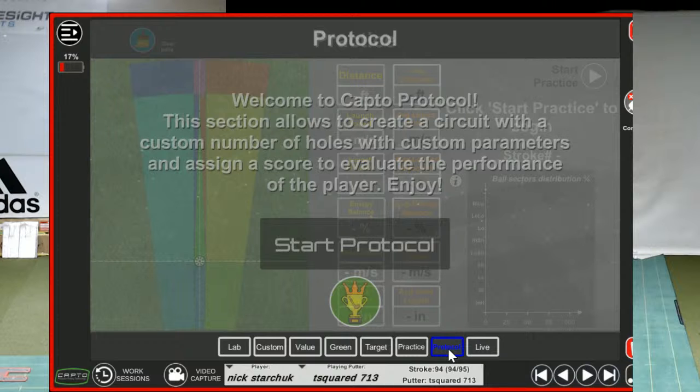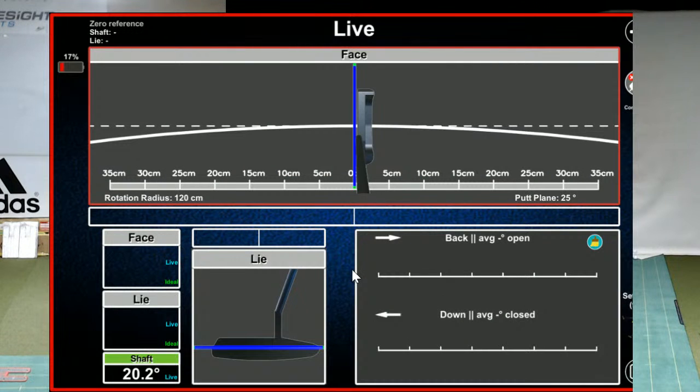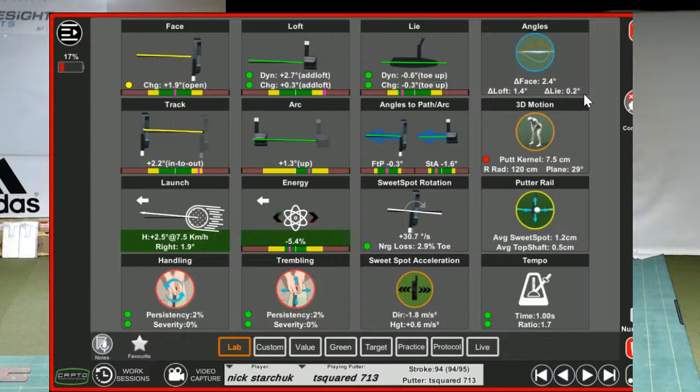And then we get into, again, a different live version, something that's going to be able just to show us what we're doing in real time. So if you're making a change to the stroke, whether it's a feel in a pressure into the hands or a twisting of the stroke, something along those lines, those things can get adjusted a little bit with the live version. So those are some things right off the bat with regards to a quick overview of the new update. I'm going to do some stuff with my iPad with regards to the video capture so I can get